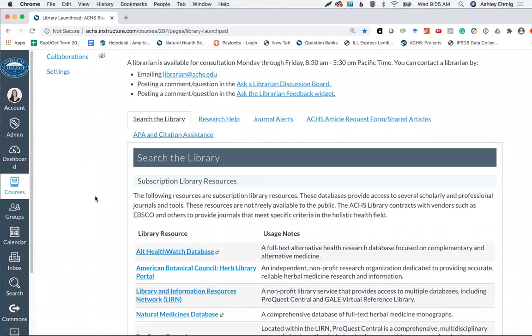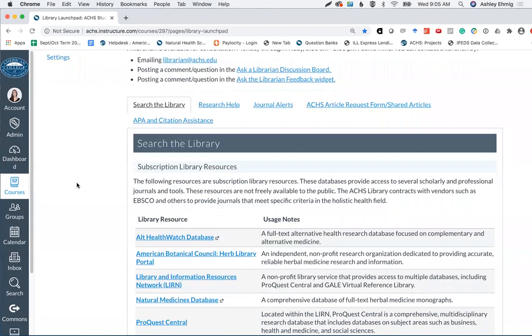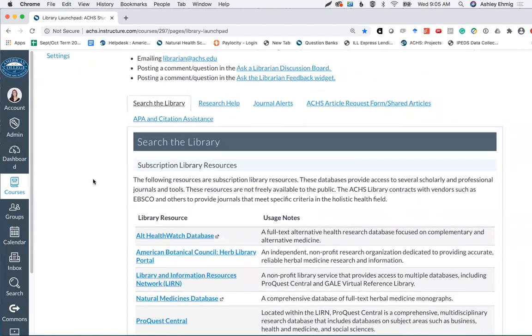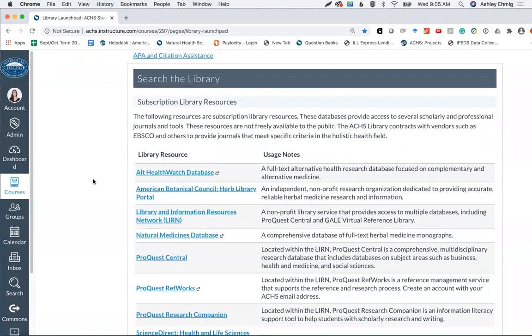Beginning with our library databases, we have several different tabs here on the library: a Search the Library tab, a Research Help tab, a Journal Articles tab, an ACHS Article Request Form tab, and an APA and Citation Assistance tab. All of our library databases are located underneath the Search the Library tab. If you scroll down, you'll see